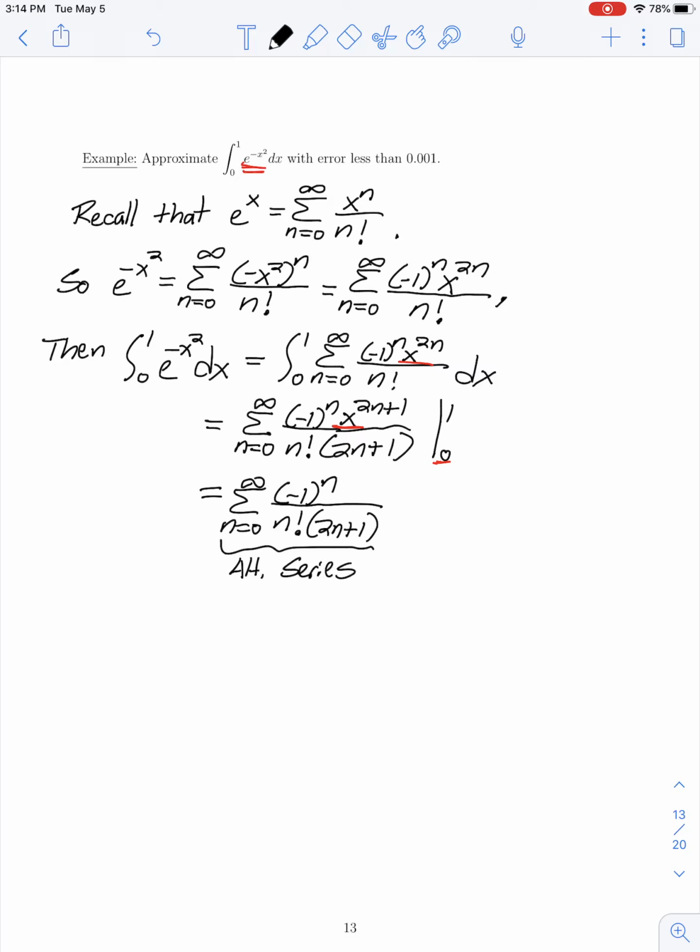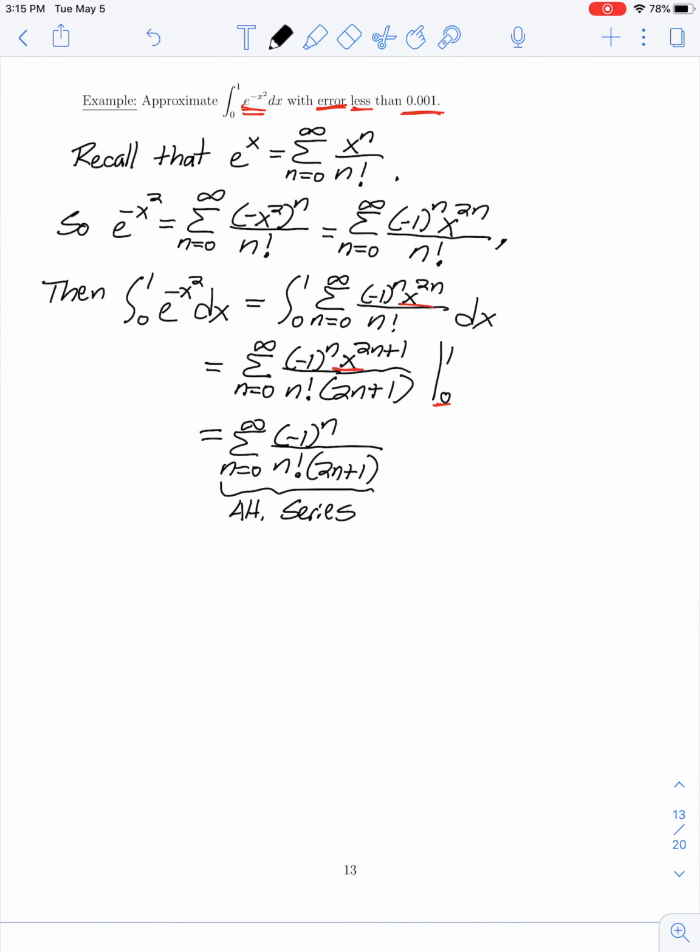So we can approximate the sum of an alternating series by using an nth partial sum approximation. And the question is, well, how many terms do we need to add for this series in order to achieve an approximation which has an error of less than 1/1000th? So since this is an alternating series, we can make use of the remainder estimate for the alternating series test. So let's say, by the remainder estimate for alternating series,